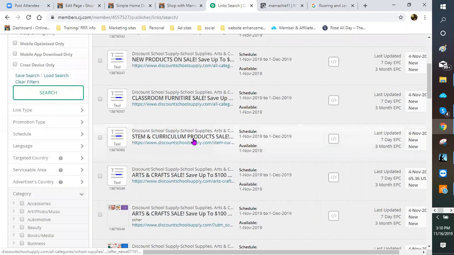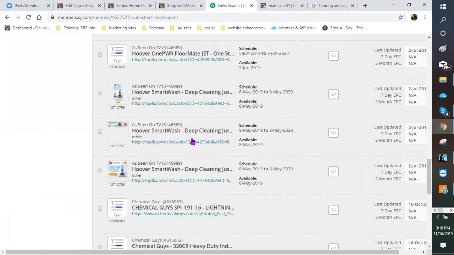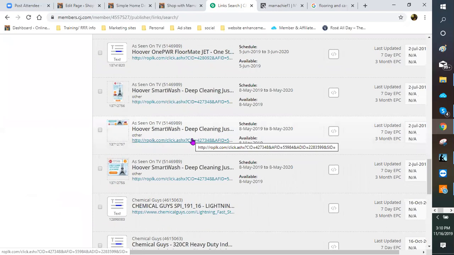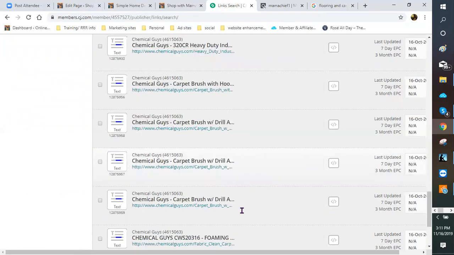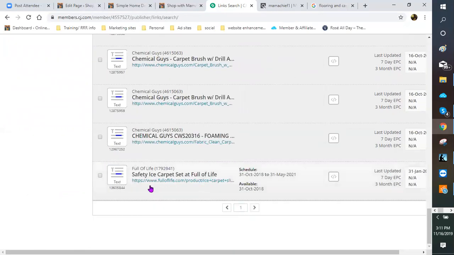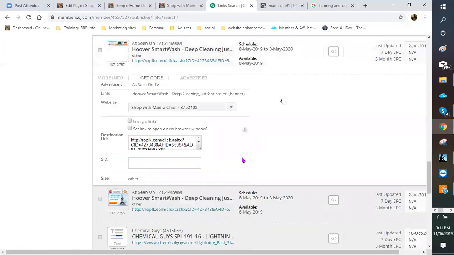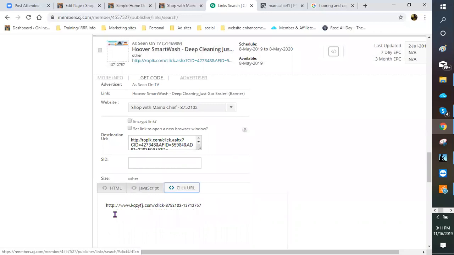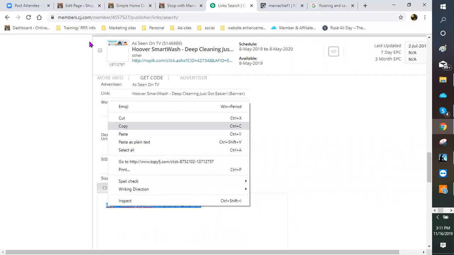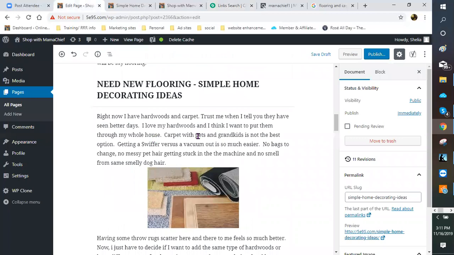So this is carpets. This is school stuff. I don't want school stuff. Hoover. So this is actually a carpet cleaner. So that could actually be in appliances. I don't really have anything for flooring. So you know what? I'm going to put a vacuum cleaner in there because they might just have to wash their vacuum or clean their carpet and be good. So I'm going to pull this up, get code, and show you how to